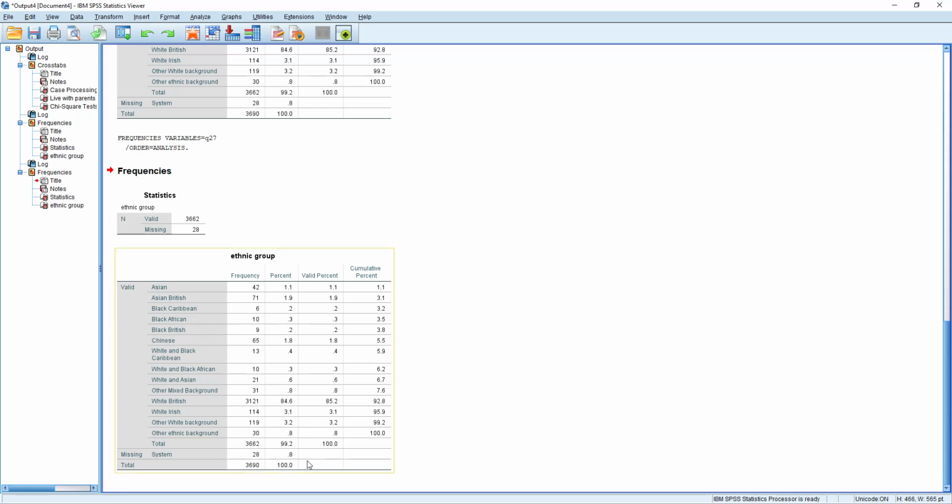As you can see here, this was data that was collected in 2002. By far the majority of students in the data set have a white heritage background. Of the students who responded, there were 3,690 respondents. We can see there are some missing. 28 students declined to answer this particular question. So when we look at the valid percent, which